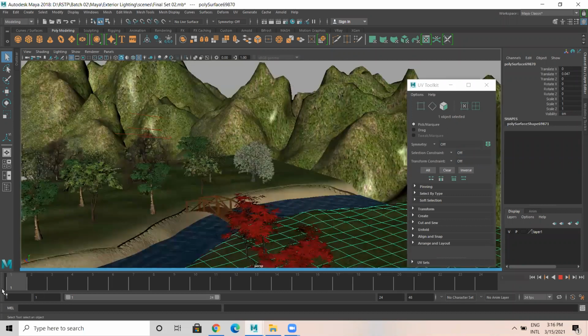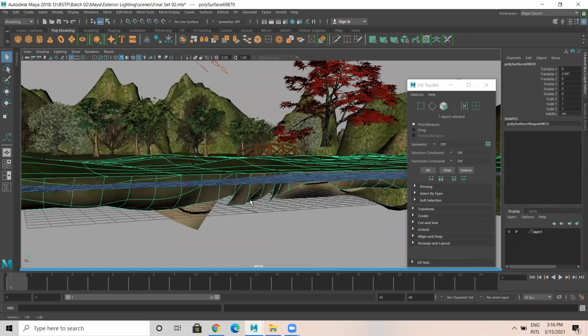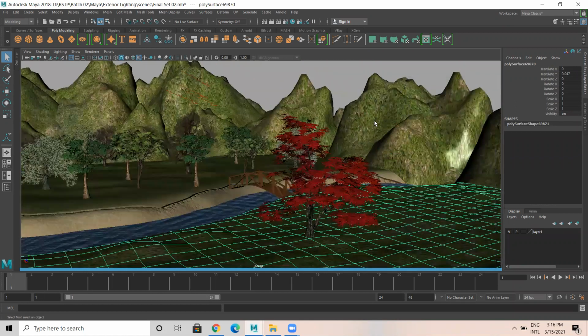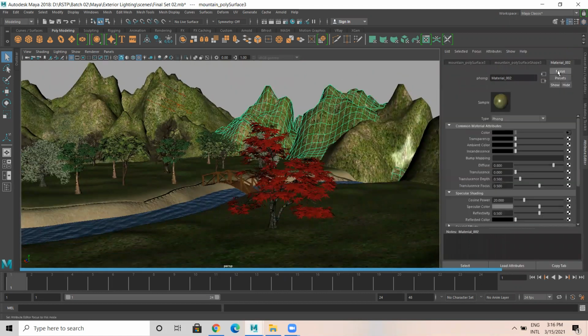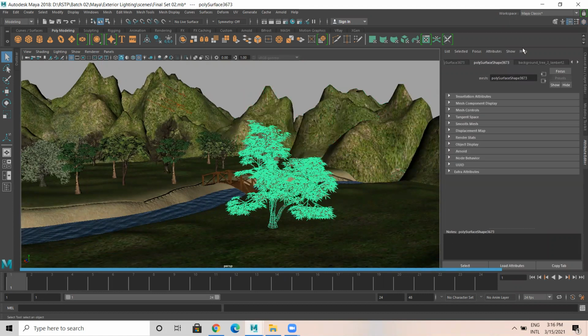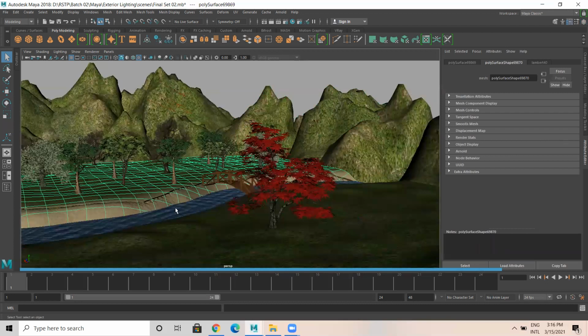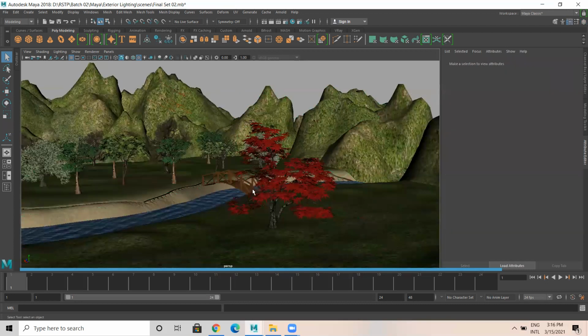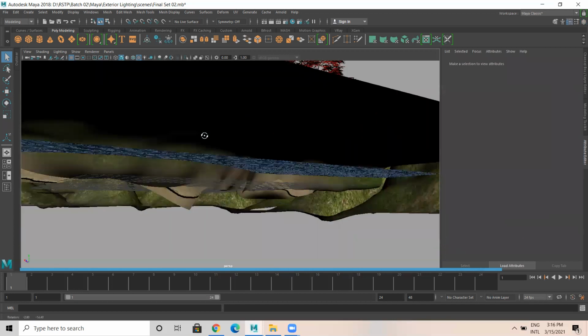So what you can do is, let us see what sort of material has been used for this. It's a Phong, so let me reduce the specular. We don't want specular for these trees and all. Okay, so it's all fine. This is Lambert. Again, this is also Lambert. And this is ocean shader. That's okay. So we have one default light, that's a direction light here.